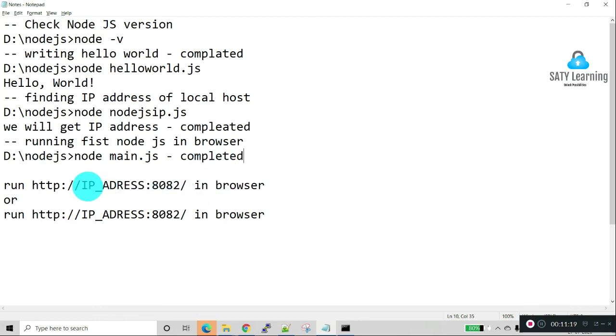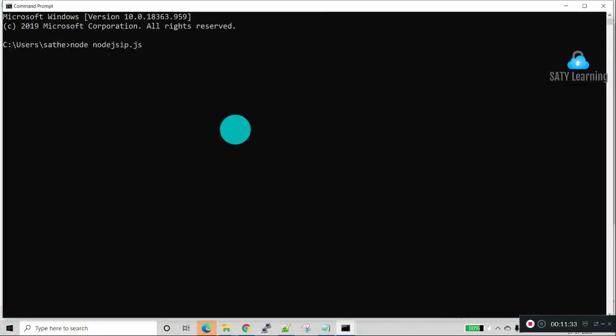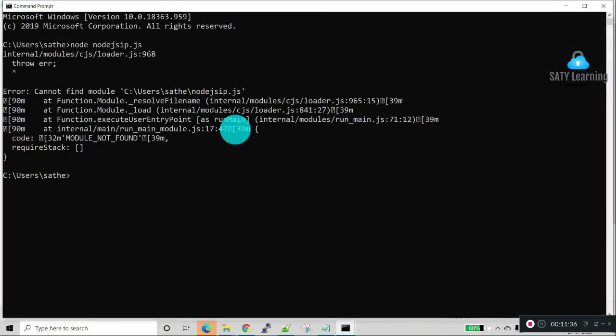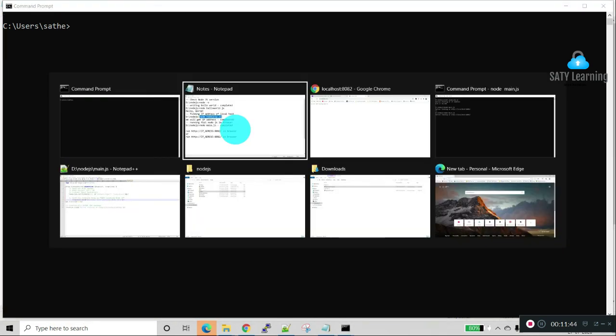Instead of localhost, we can give the IP address also. So now I will open a new command prompt. There is some error, so let's resolve the problem.